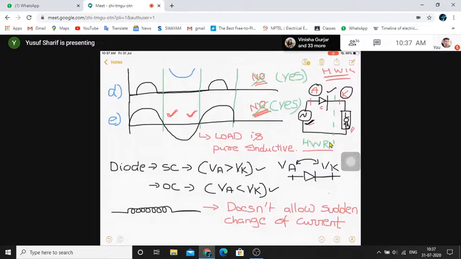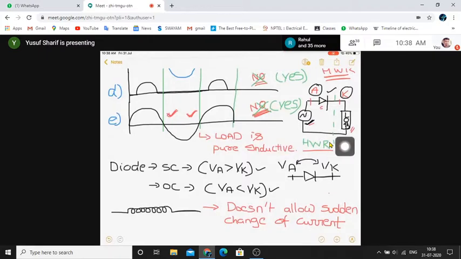So did you try this? Anyone? Did anyone try how you are getting the sinusoidal output though you have a diode in between? Because the basic notion that we have is that whenever you have a diode in the circuit, the diode will conduct only for the positive half and it will not conduct for the negative half. So contradicting that, I gave you a result. This is the result that you can get on the output side, provided you have an inductive load. The answer I also gave: it is only possible when you have a pure inductive load.